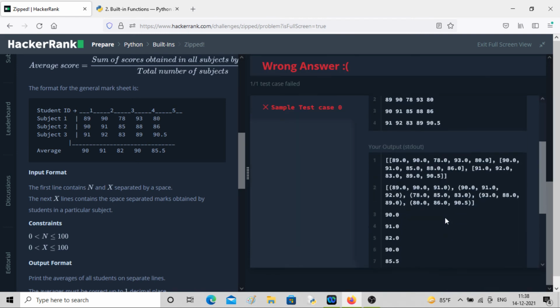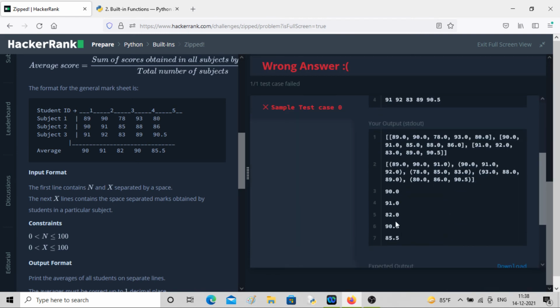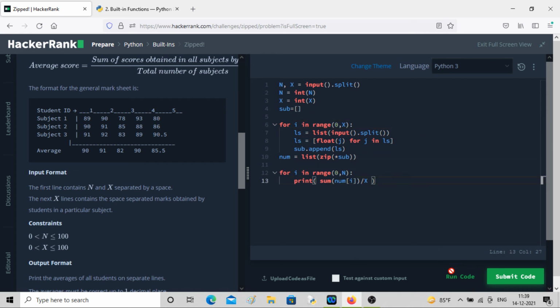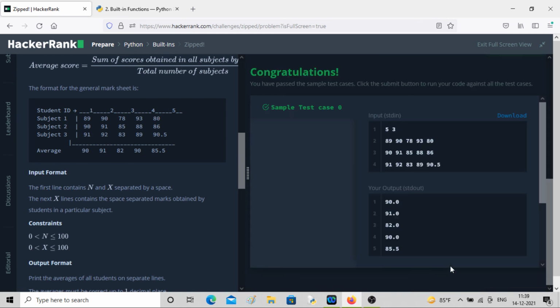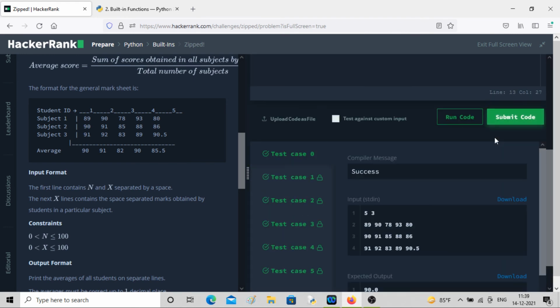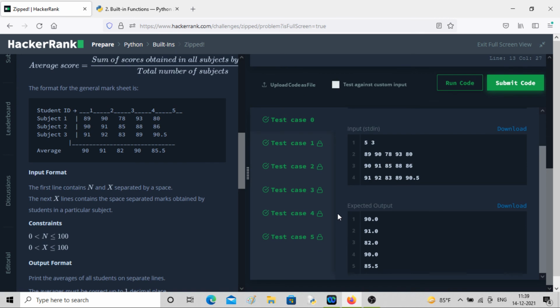So it's simple, you can see that. So here you can see 90, 91, 90, each time it is running, each time it is calculating the average of each student, right? And next line we have to print it. Now I'll remove these prints, they are not required now. You are aware of what it is doing. And then this print. Now let me put a space here so that it looks much cleaner. Okay, so this is the output we wanted. Congratulations, let's submit it. All the test cases are passed, and then congratulations.